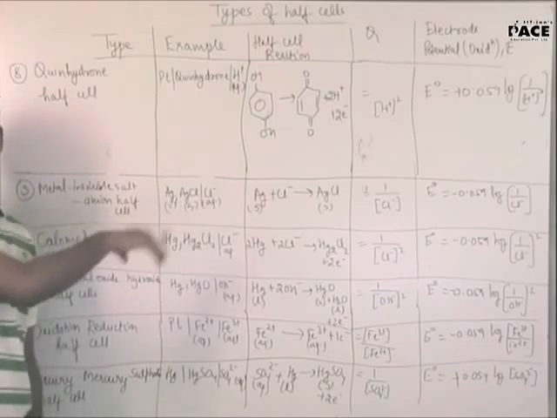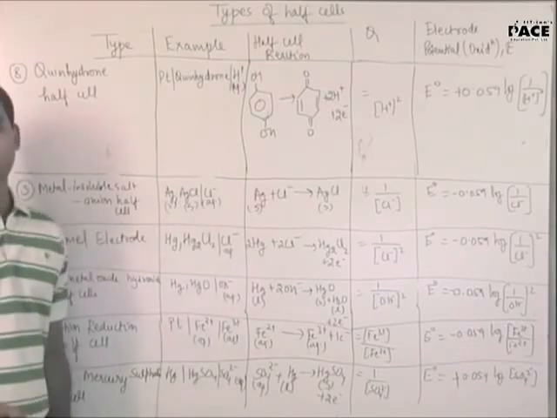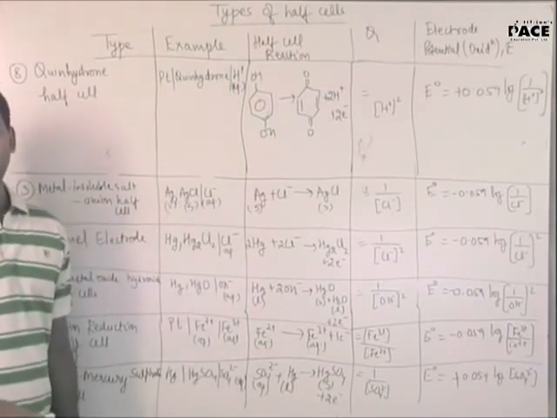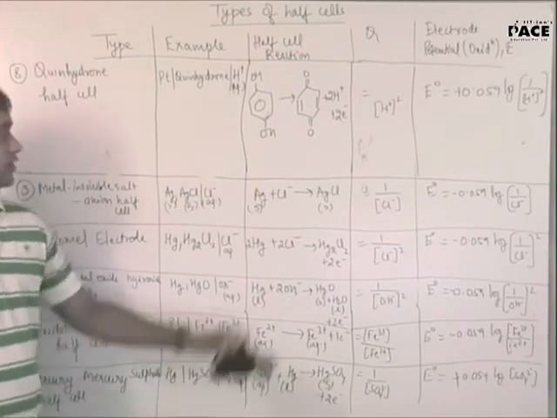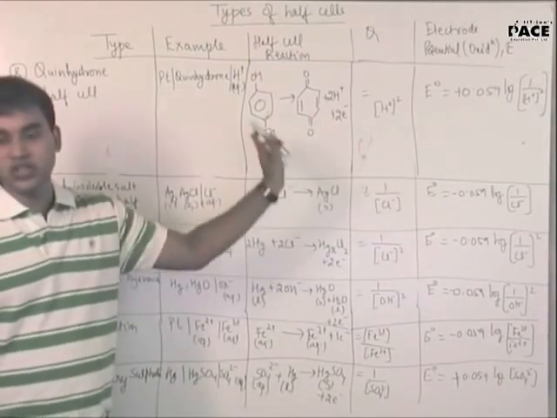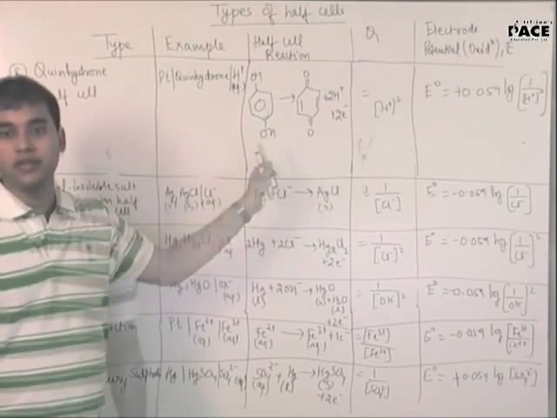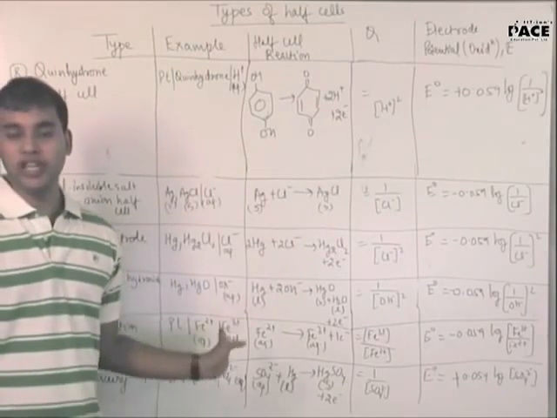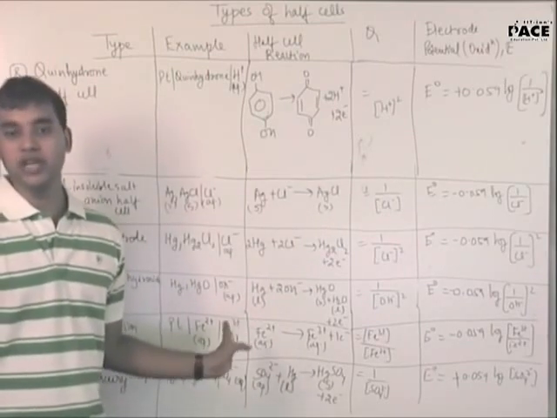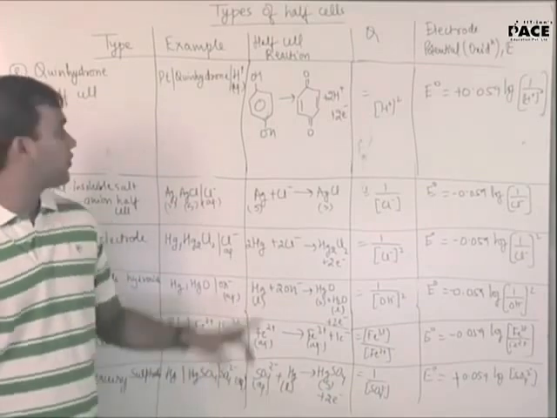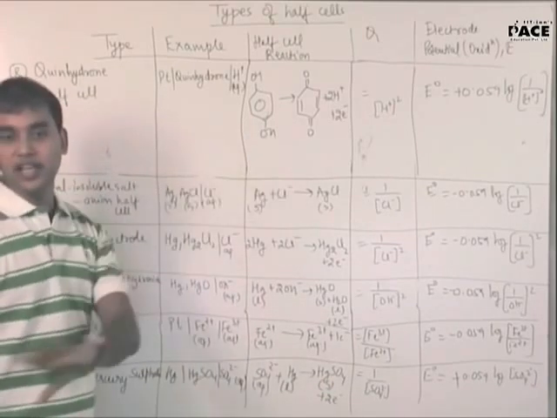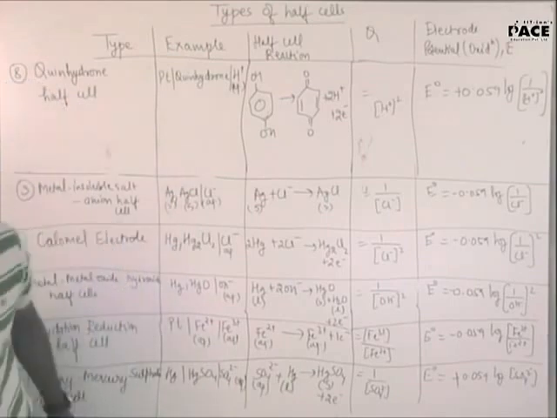See, I know you can derive all these equations, but I have just given them to you as a reference. In the worst case scenario, you are always going to derive all these equations once you know the equation. Typically in JEE they give you all the equations. They will give you the equations of the half cell in case there is a difficult half cell. For example, if this is the case, they will give you the equation. Shall we go ahead?